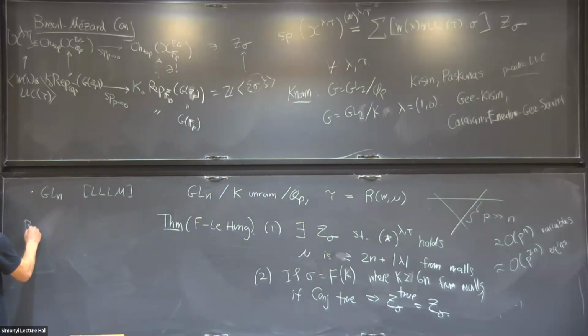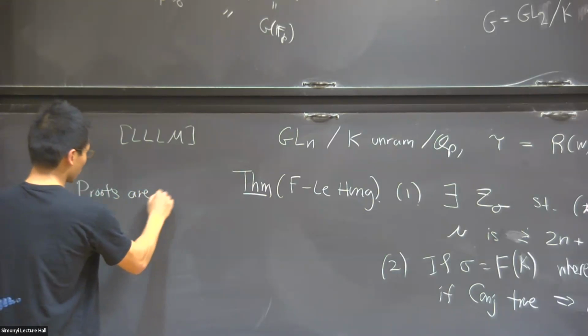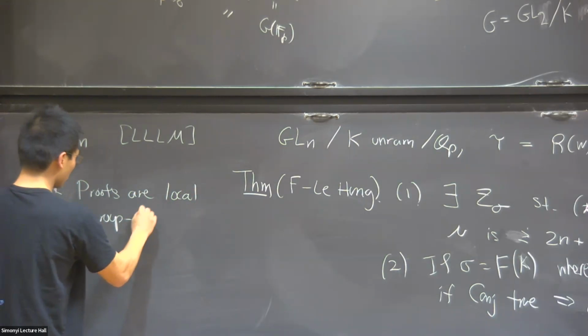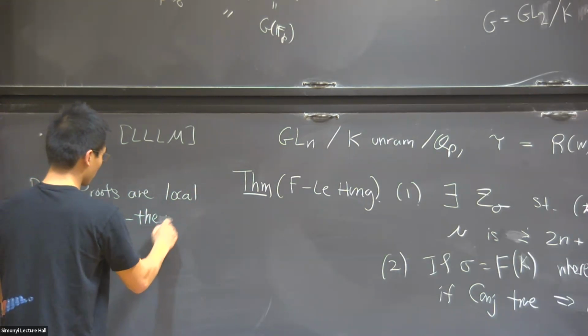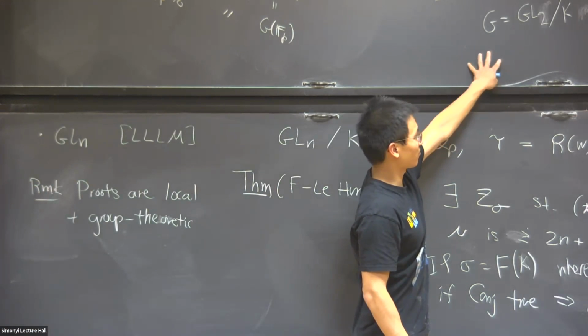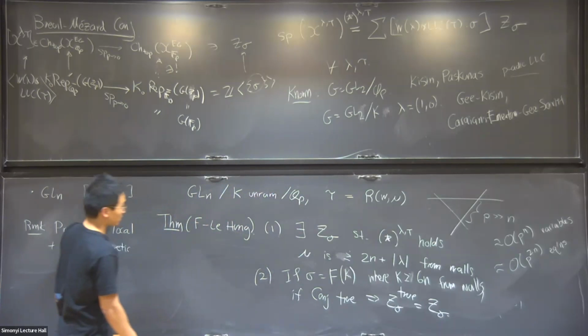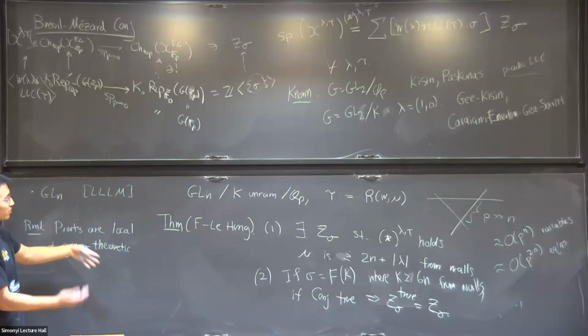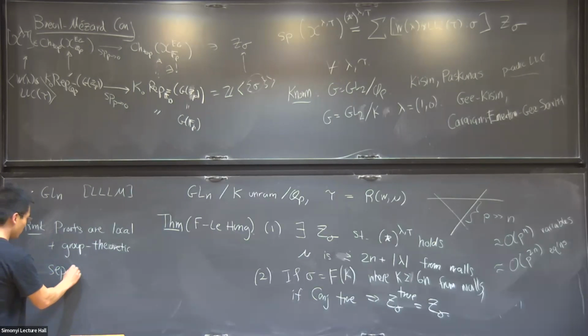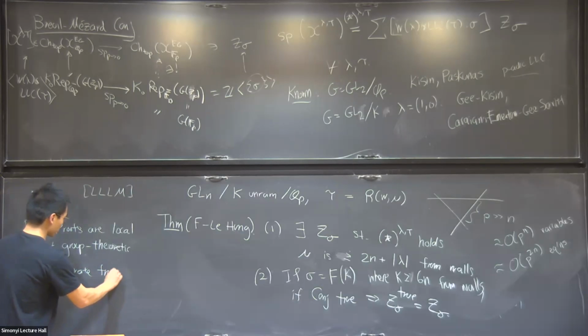And just to make the remark that the proofs here are completely local and group theoretic. Unlike this more general method of Gee, Kisin and these guys, which depends on global automorphic input, this stuff is completely local, could work for the exceptional groups. And let me say, completely separate from earlier approaches.